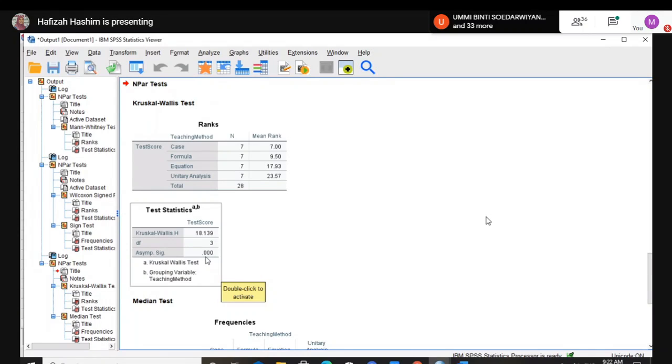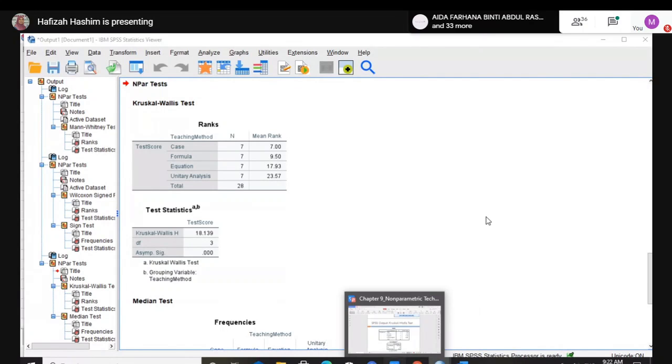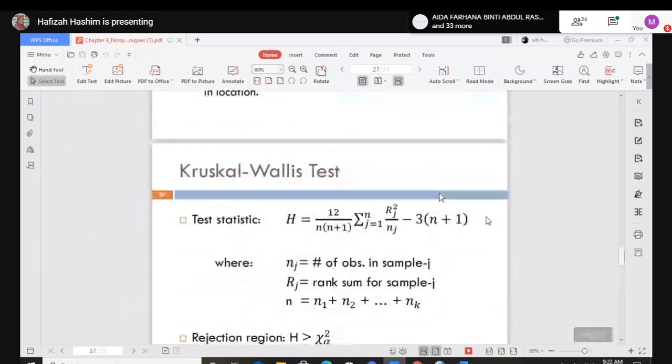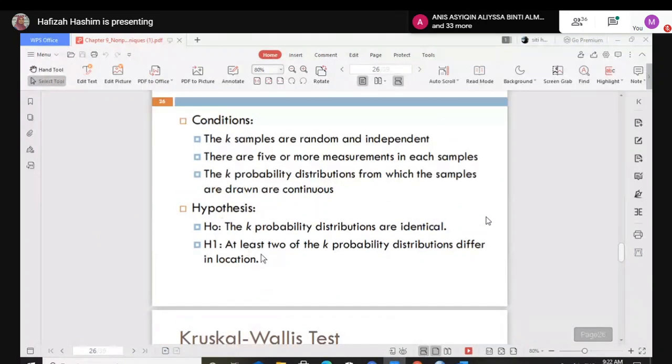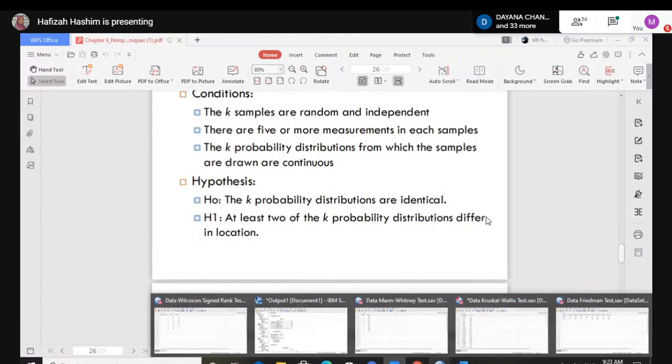So you accept the H alternative and reject the H null, meaning that there is a difference. Look back at this one: at least 2 of the K probability distributions differ. Meaning there is a difference among the 4 teaching methods there.